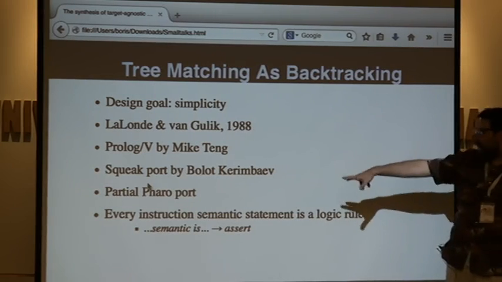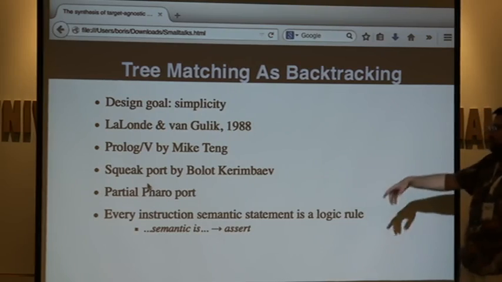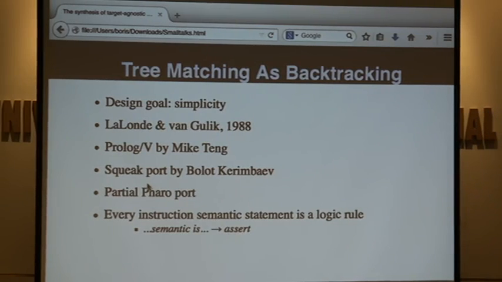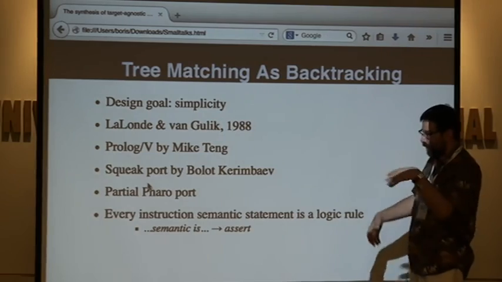So I ported that to Faro, well, just partially, like half of it doesn't work. But it's enough to do what we want: it has resolution and it works, and it has unification and it works, and it's basically all you need for doing what we want in terms of tree matching.